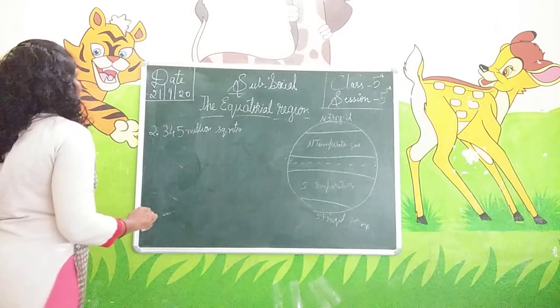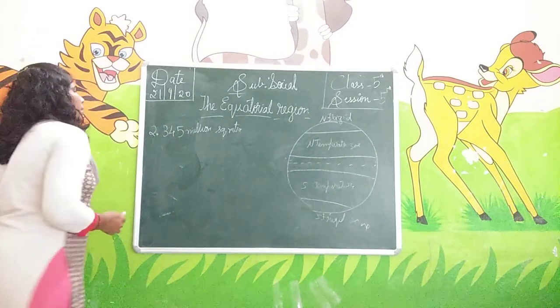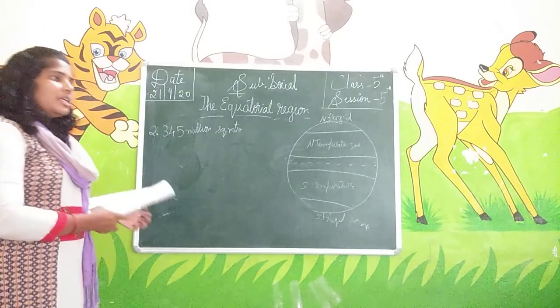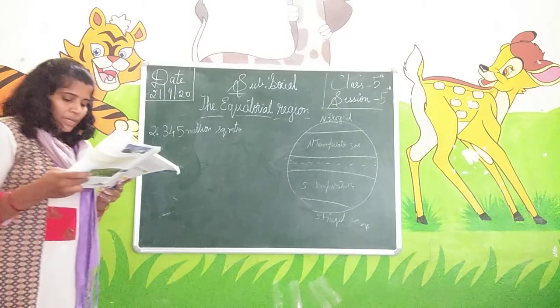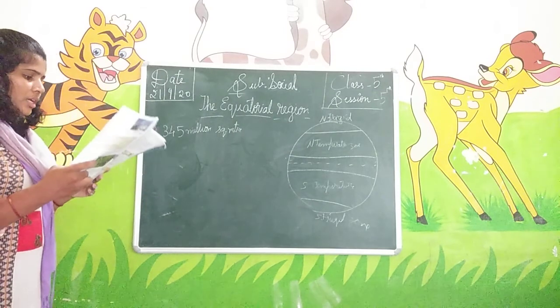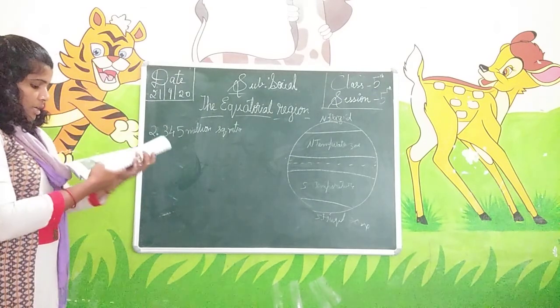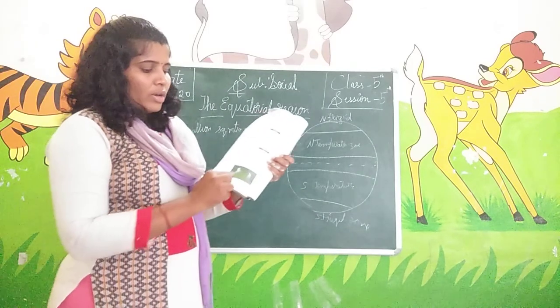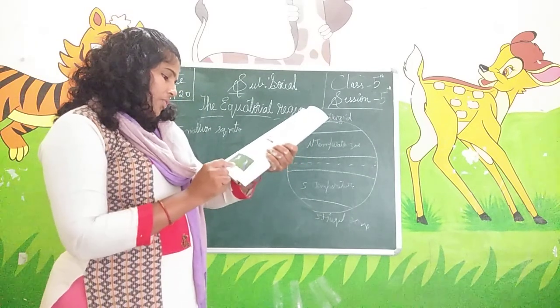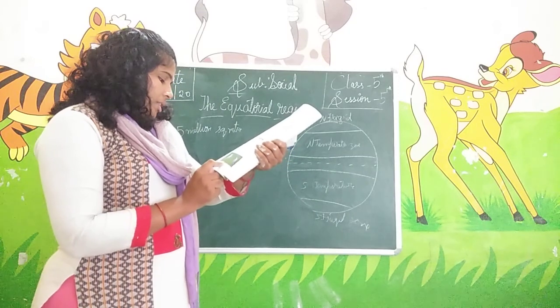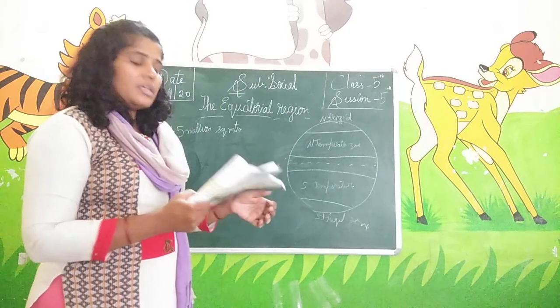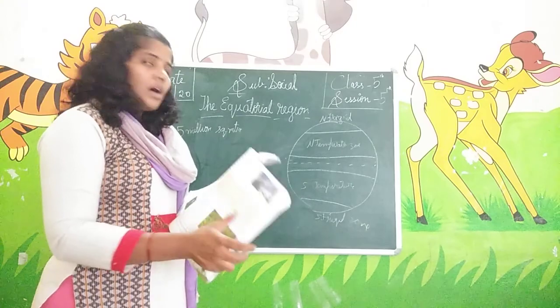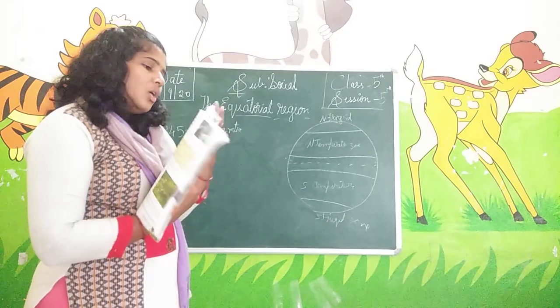Okay, what is the area of the Congo? That is 2.345 million square kilometers. The country lies in the center of the Congo River. Okay, this is the Congo, the River Congo, which lies in the center of the country. The main physical feature of this country is the Congo River. Almost it covers the whole country.